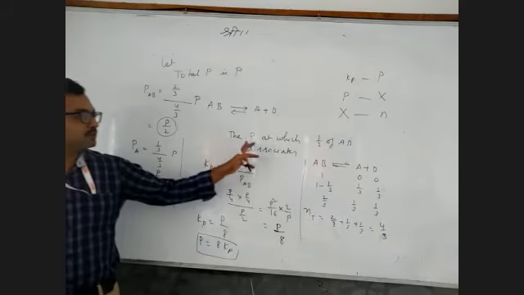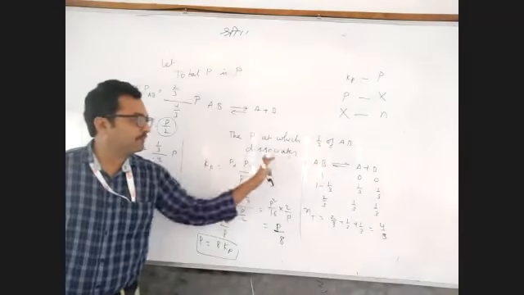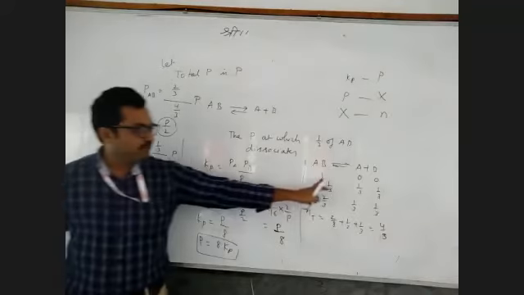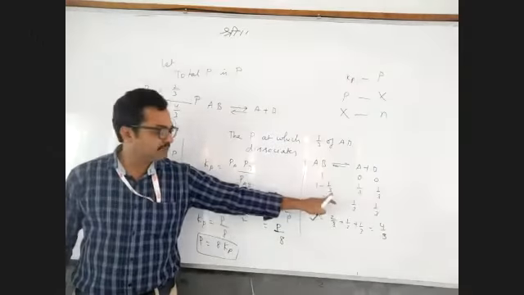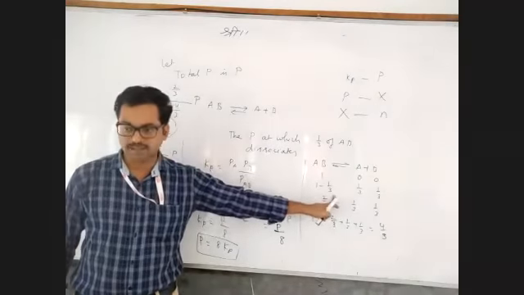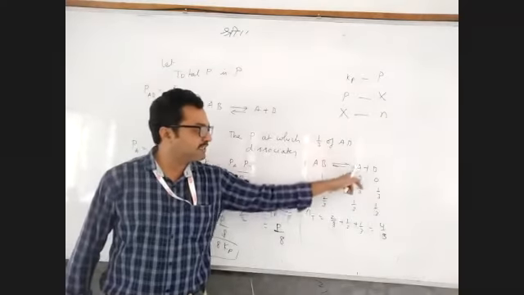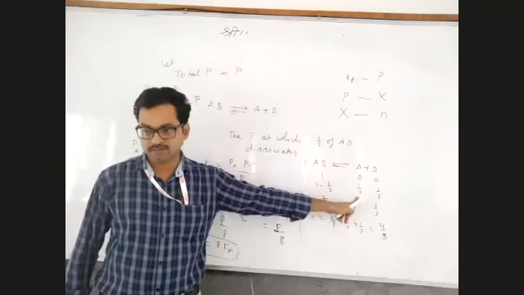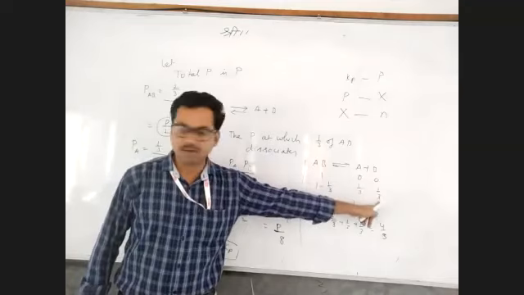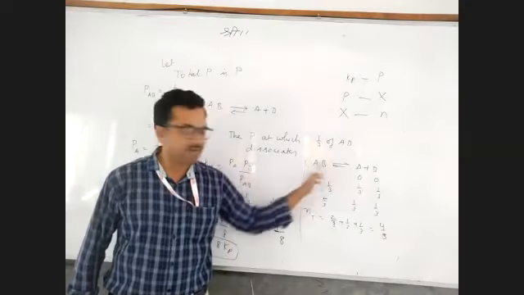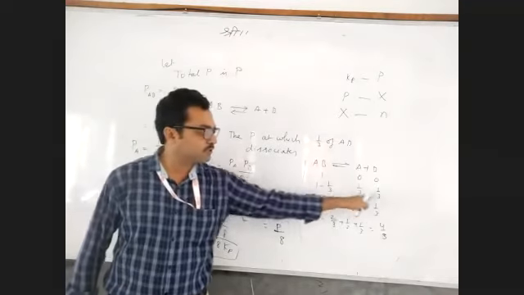So the pressure at which 1 by 3 of AB dissociates means: initially 1 is there. 1 by 3 dissociated means 1 minus 1 by 3. So formed also 1 by 3, 1 by 3. If suppose 2A is there, 2 into 1 by 3 will form. If suppose 3B is there, 3 into 1 by 3 will form. But all are 1, 1, 1, so how much dissociates, that much only will form.